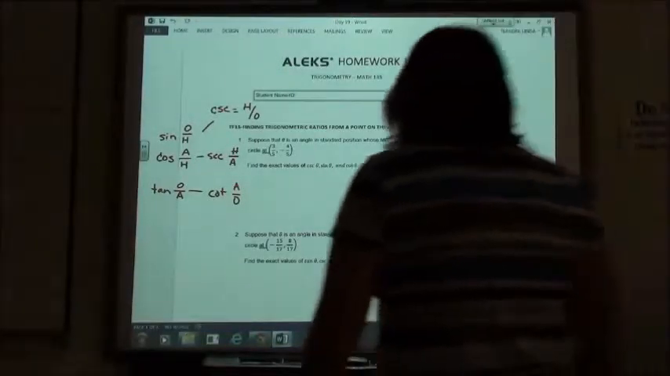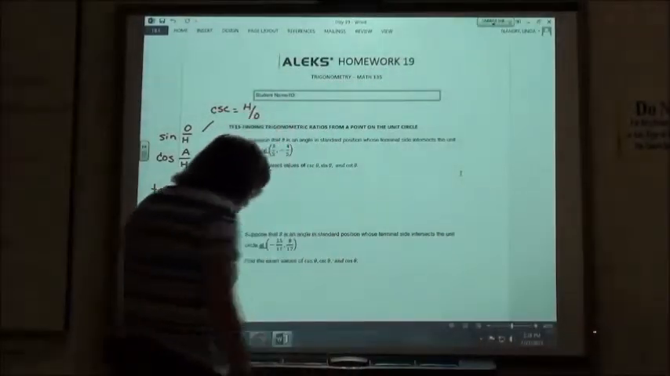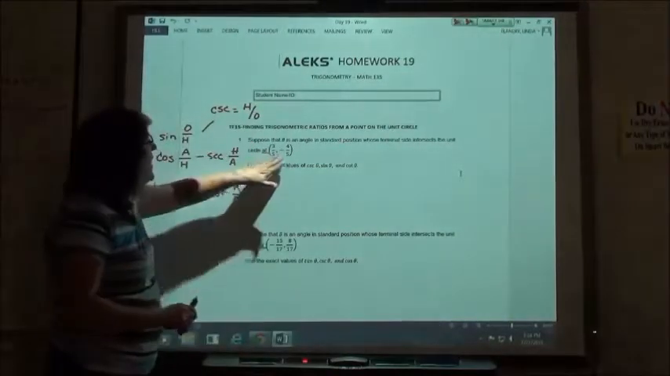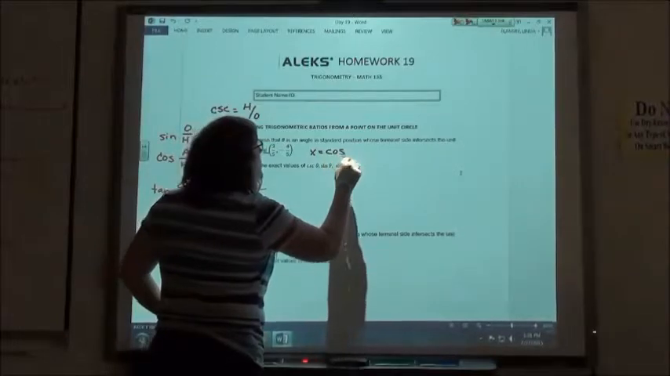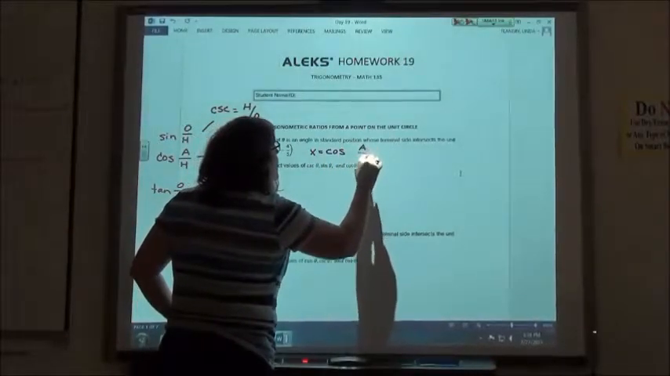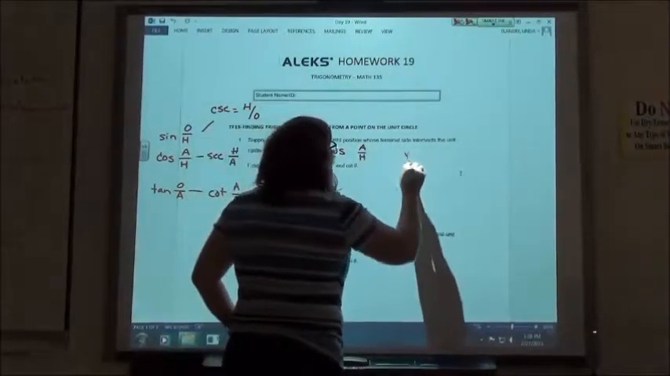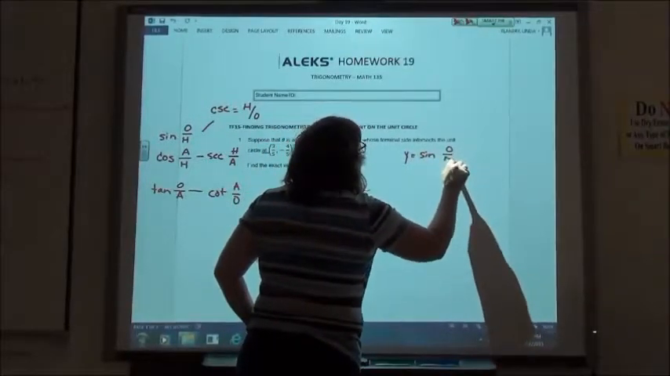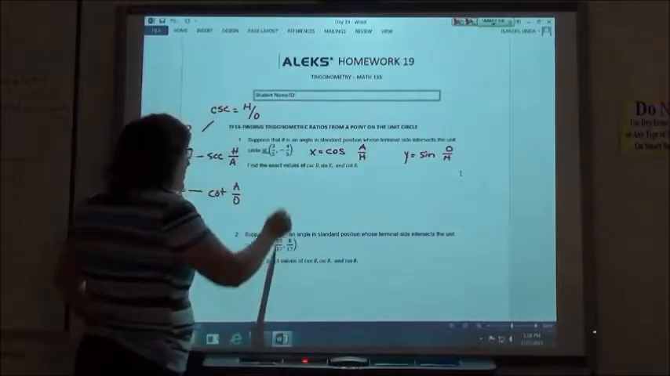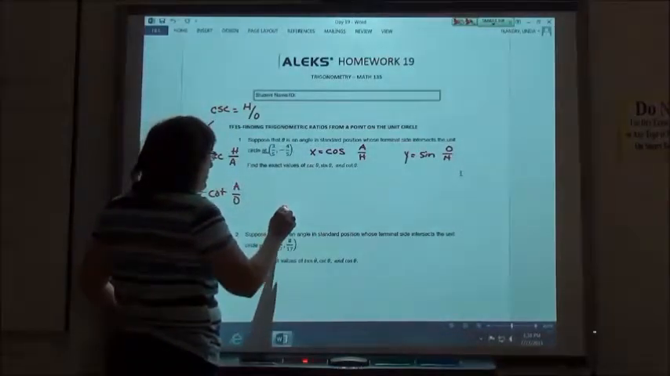1, 2, and 3 are finding trigonometric ratios from a point on the unit circle. Again, if we have the point, x is the cosine, which is the adjacent over the hypotenuse, and y is the sine, which is the opposite over the hypotenuse. So, if I have my triangle,